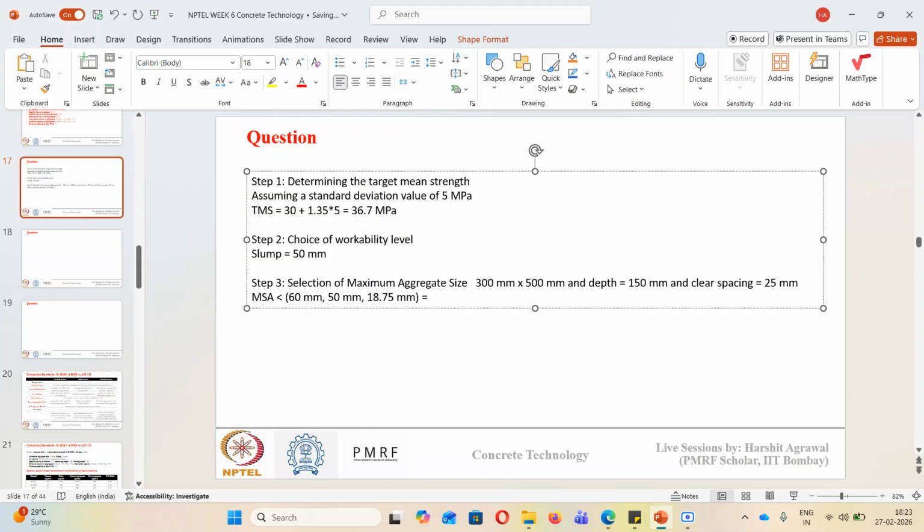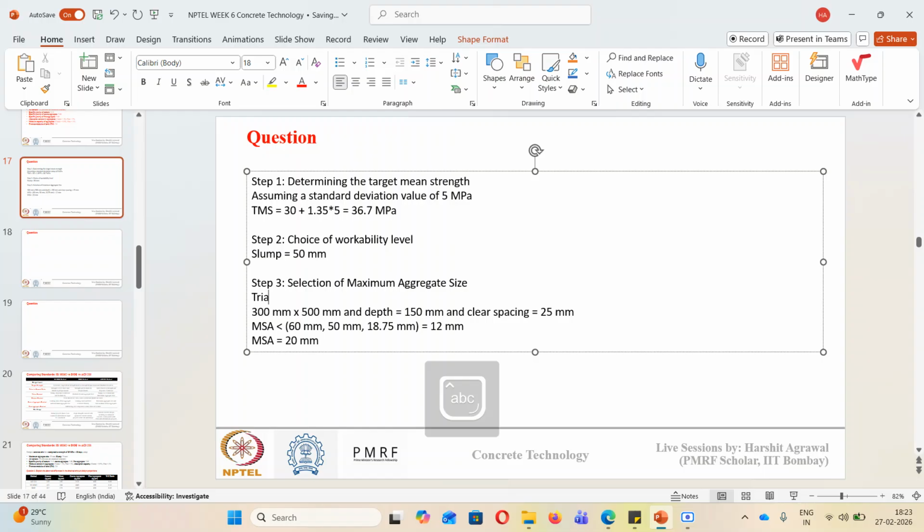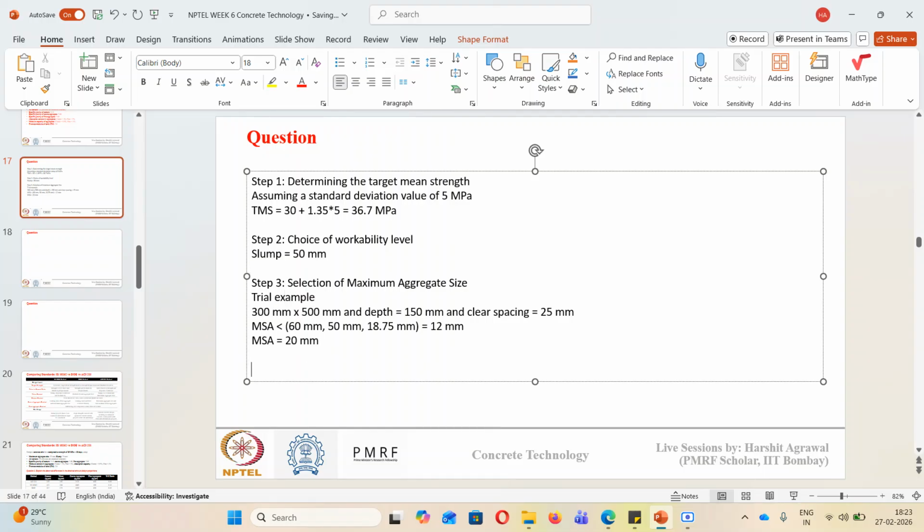If such data is given to us, you can go from this, and you can choose a maximum aggregate size of 12 mm if this is the criteria of the beam. But for now, it is given to us that the maximum aggregate size to be taken is 20 mm. So this was just a trial example of how we select based on dimension. Now, step 4 is determination of